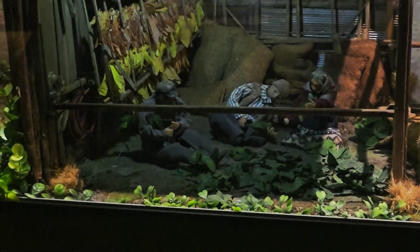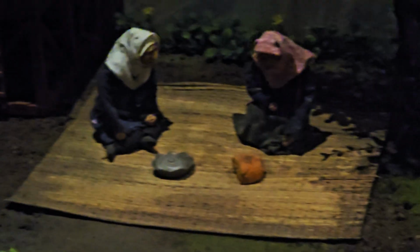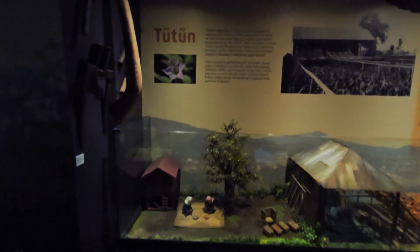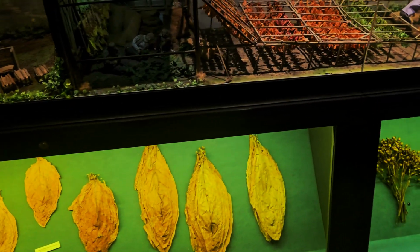This sequence depicts women engaged in the labor-intensive process of sorting and preparing the harvested crops. The figures are depicted in realistic postures, sorting leaves and preparing bundles for further processing. These scenes are set against a backdrop of drying leaves, illustrating the entire life cycle of hazelnut production from planting